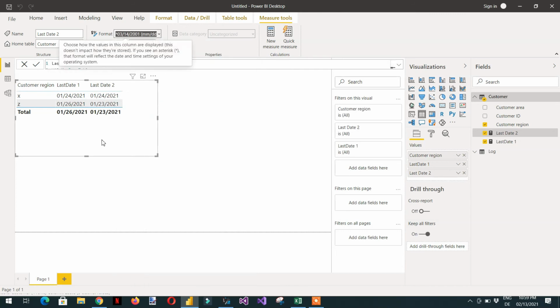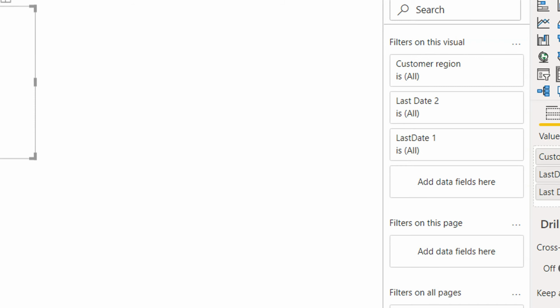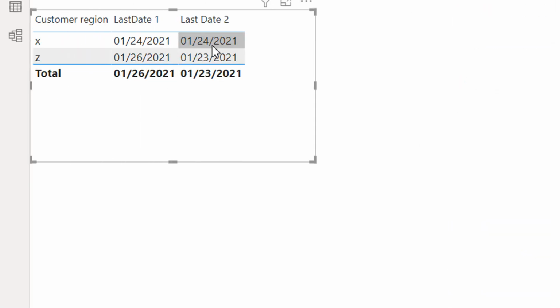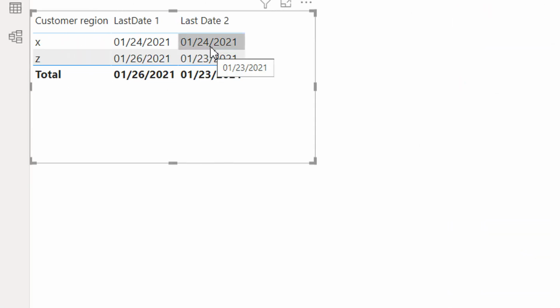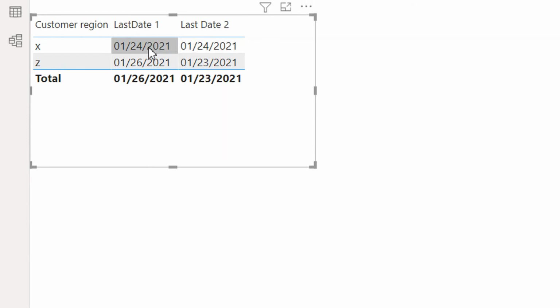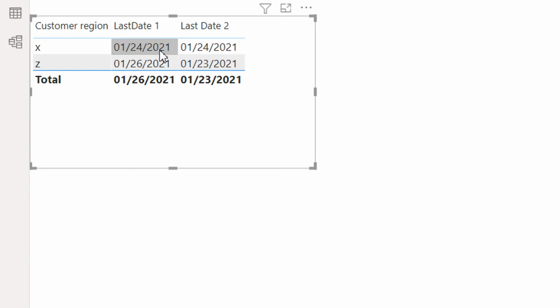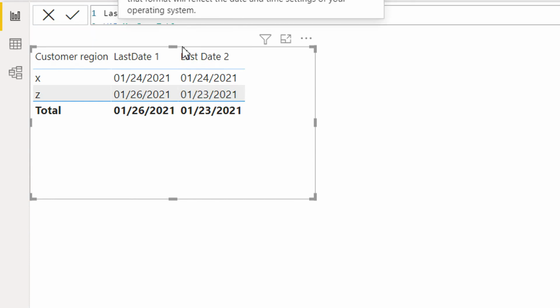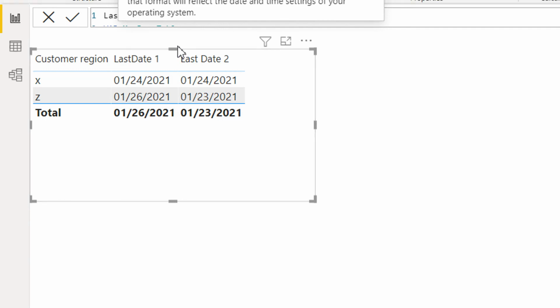We are getting 24 for the X, same as before, because the ID for the X was 4 and we have only one value, that is 24. And for the Z we had 3 values and the last value was 26, but the earliest last date we are getting here is 23. So that's how we can get the earliest last date using the SUMMARIZE function.